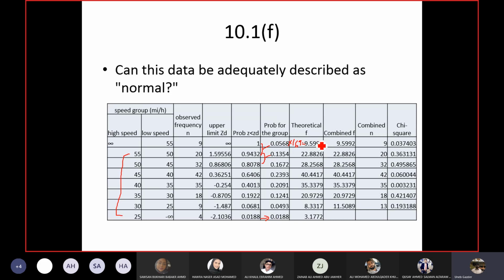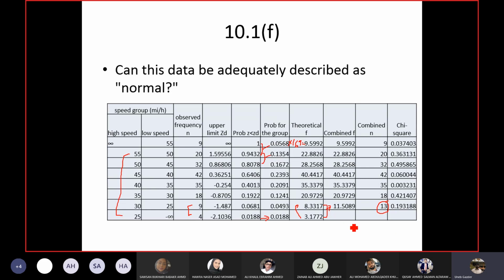So you can see in this table, in this column, the last value is less than 5. So I have to merge it. There's no group after it, so I will merge it with this group. The final merged f value is this one, and then you have to merge the n values as well. So 9 plus 4 will give you 13. This is a merged n value.